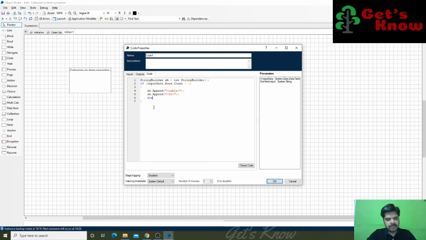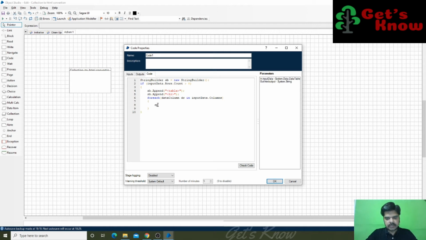For that purpose we use a foreach loop with a DataColumn object, over our collection InputData.Columns. We get all the columns one by one, and DC is our object variable.